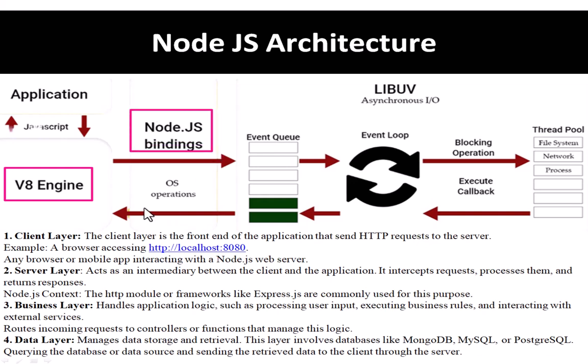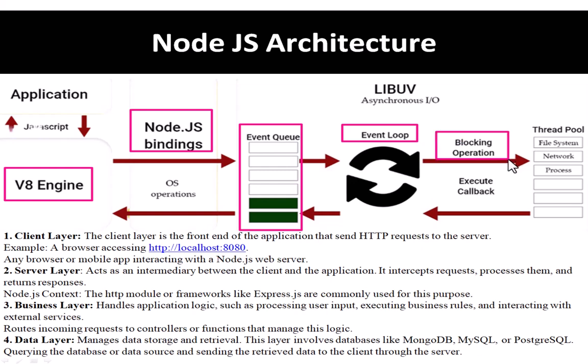So whenever you send multiple requests, they will be inside the event queue. Then they go to the event loop, where it communicates with the UV library for asynchronous IO requests. Whenever you have a huge number of requests, at that time it goes to the